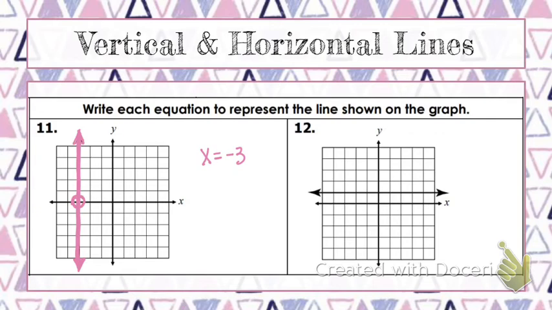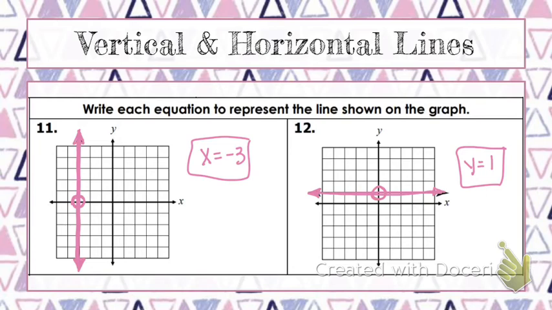So there is no y value in a vertical line equation. Now in a horizontal equation, this crosses only the y-axis, and it only crosses the y-axis at the point positive 1. And no matter what x is, y always equals positive 1. So these are the equations for our horizontal and vertical lines, and they don't really adhere to any of our standard forms or slope-intercept forms or anything like that. But just as a reminder,